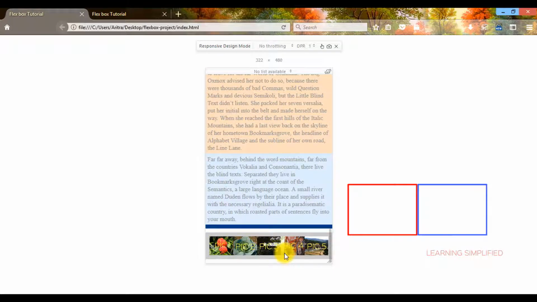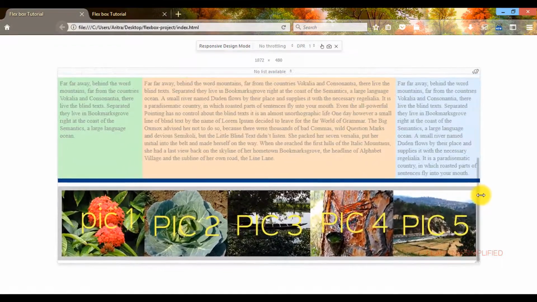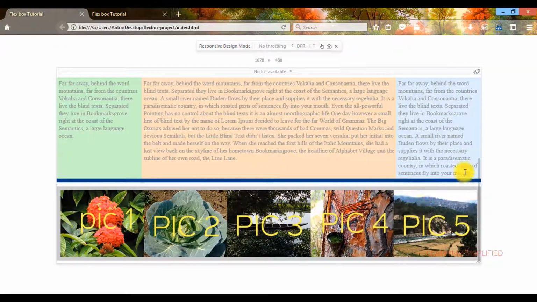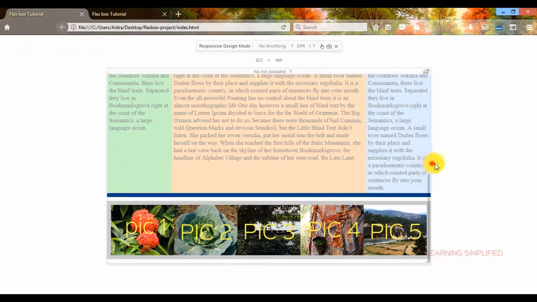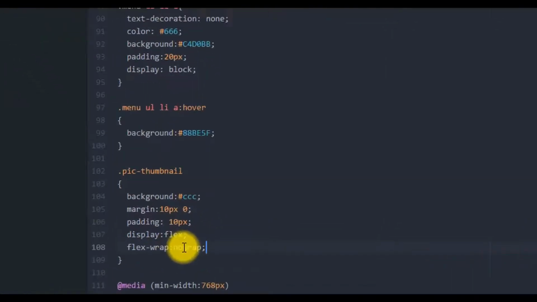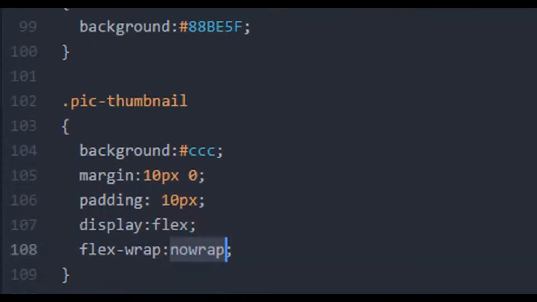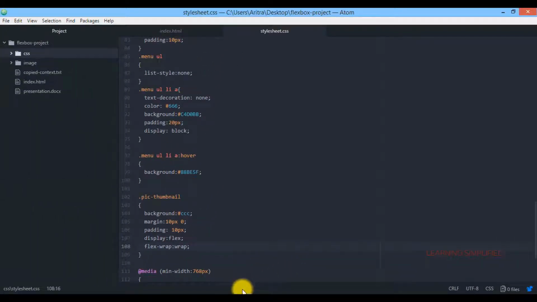It is still maintaining that horizontal alignment of those thumbnails, whether it is in case of a lower preview or a larger preview. So in order to get rid of it, all we need to do is change this no wrap option into wrap. Now this is the thing that is going to do the trick.